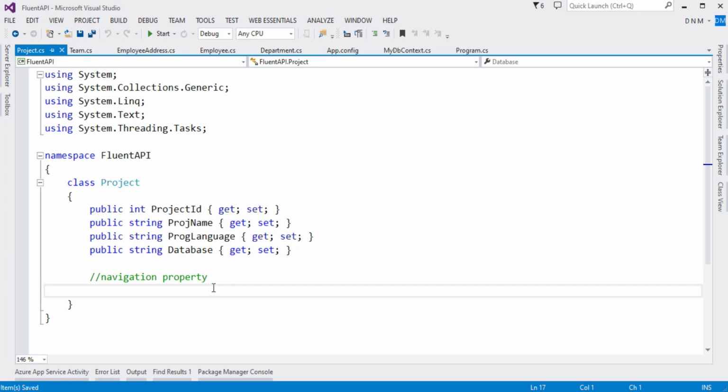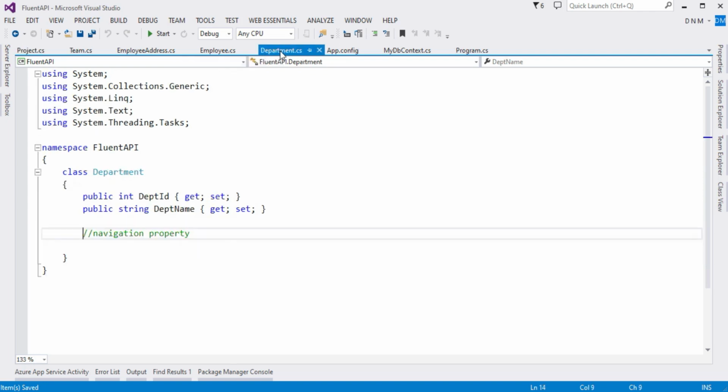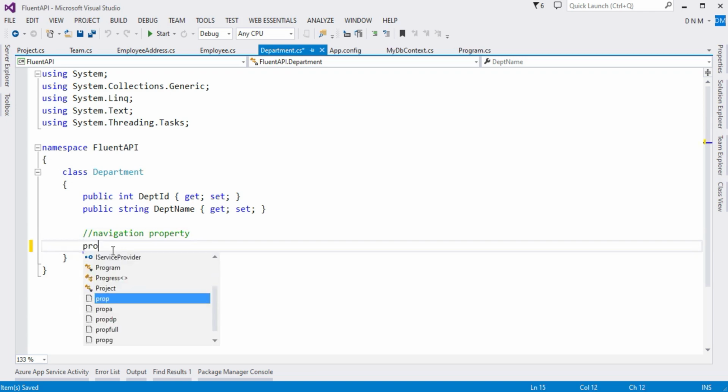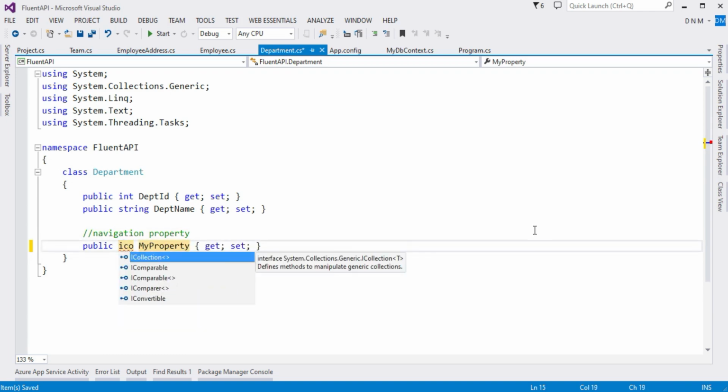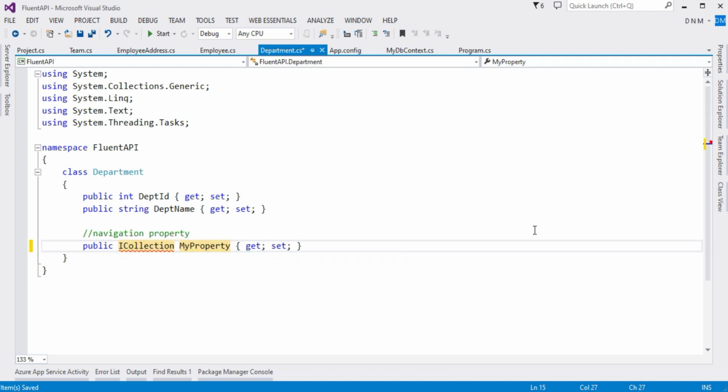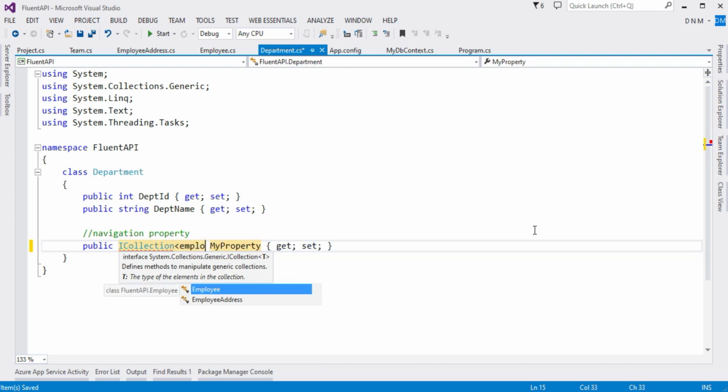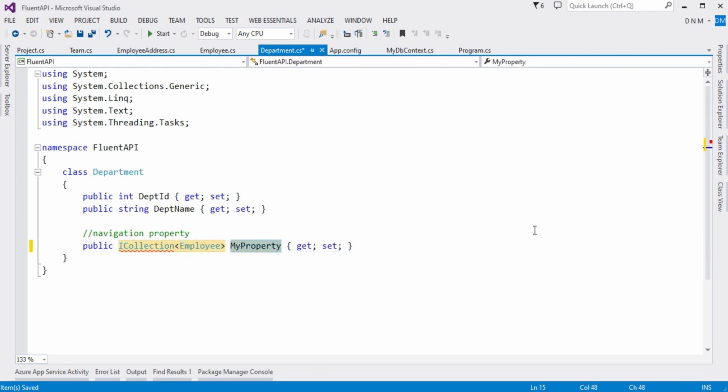Okay, so navigation properties are not defined yet. Now we are going to define these navigation properties. According to our case study, one department has many employees. So here my navigation property will be of type ICollection. When you say one department has many employees, many means more than one value, so in that case you have to use ICollection. Then you specify the data type, and after that the property name. Since we have many employees, I am using the pluralized form, Employees.